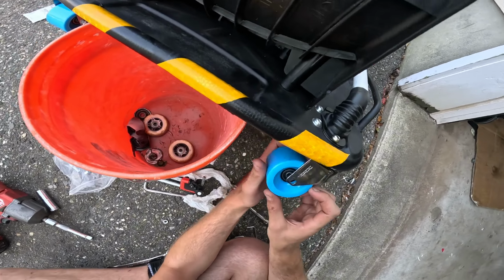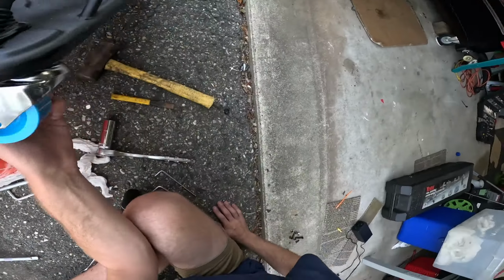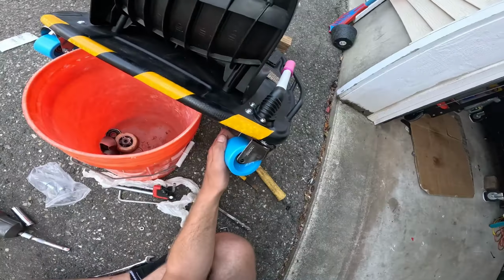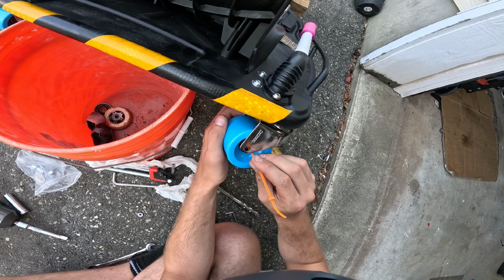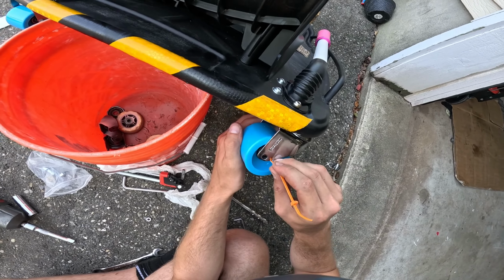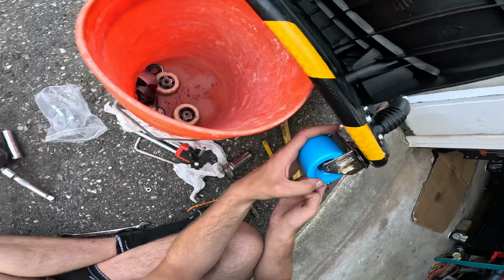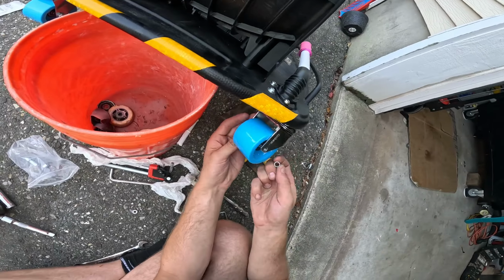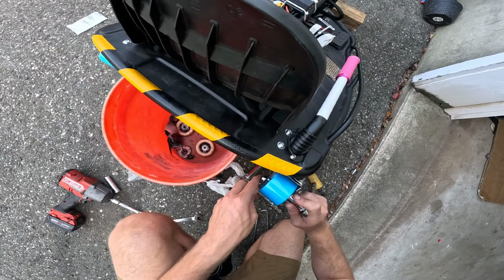Basically, keep the wheel upright. That way, when you drop the spacers into it, it's easier to align with the center axle. There's also a spacer inside of the wheel between the 2 bearings. You can use like a little zip tie or a little pick or a smaller Allen key to align that with the center axle. And once you have everything aligned, you can then take your 2 13mm wrenches and tighten